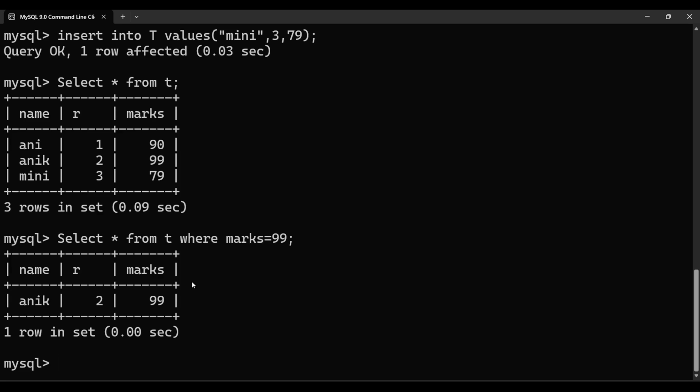So always remember, C for the creation, so we have just created. R for the retrieval, so we have already retrieved the data with the select command. So that's it, done. We did C, we did R, that is retrieval. Now U is for updation. Updation means